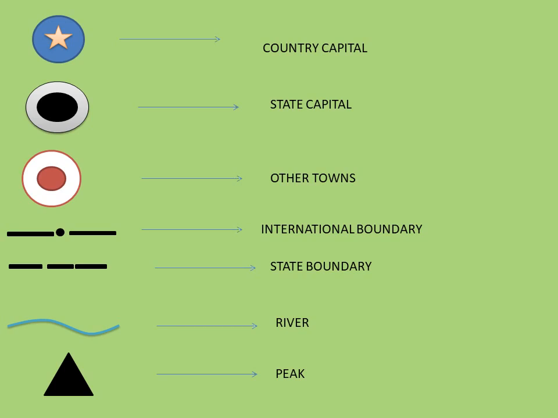They were made on whatever material was available. It may be stone, it may be clay. They used to make maps over these things. And the last topic of this chapter is direction.